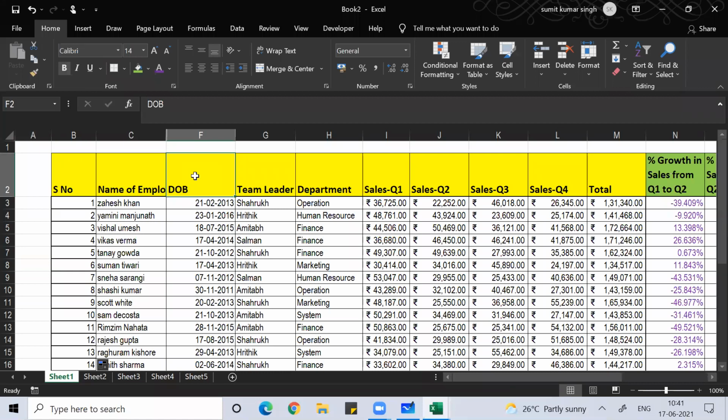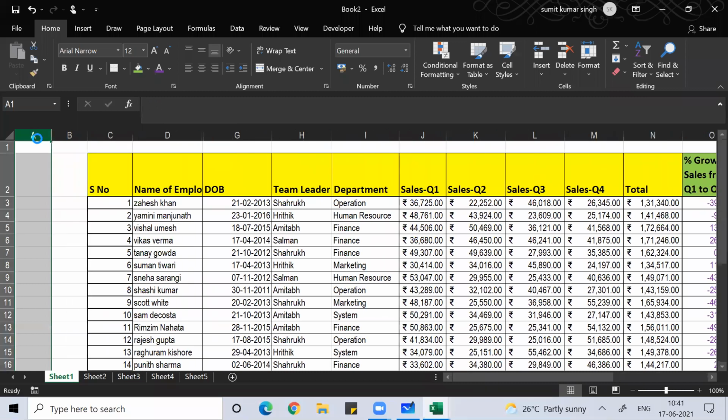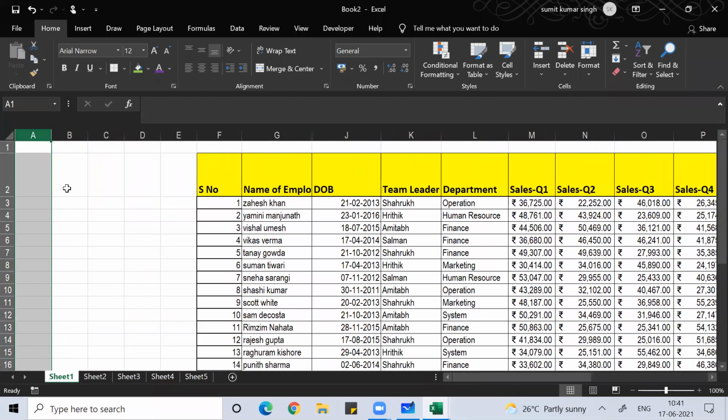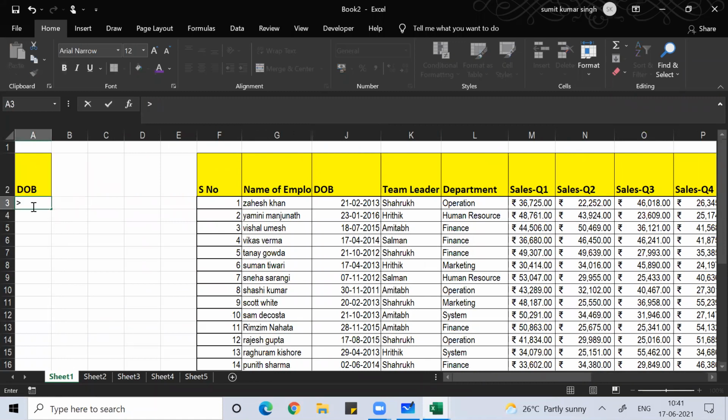So by using filter, if I add more columns with Control Shift plus, I'll put a column, give a heading, date of birth. Here I'll put greater than 31st December 2013. I hope you understood.